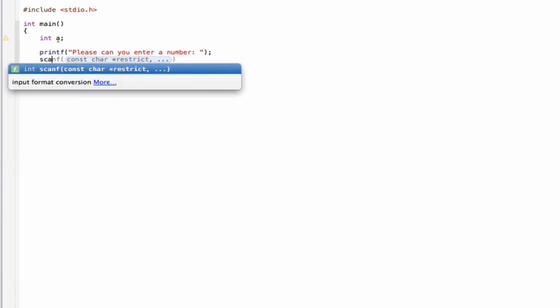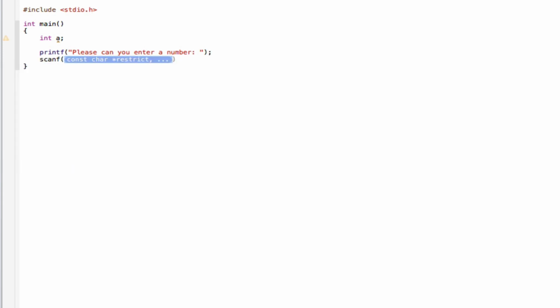And in the next line you can say scanf, speech marks again, %i, comma, and ampersand a, because it reads in the address, and then go to the next line and now type in printf,